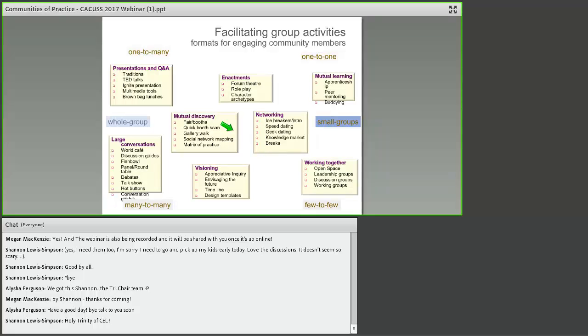Another way to think about communities is to think about ways of facilitating communities of practice and the kinds of group activities that you might want to engage in. And with this, another thing to keep in mind is what does this look like at a distance? So we want to have one-to-one conversations, one-to-many conversations, small group, large group,